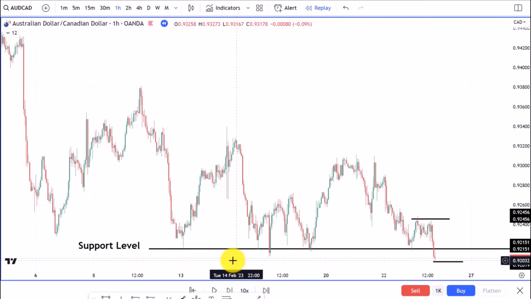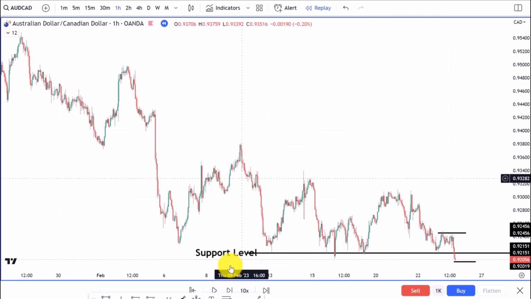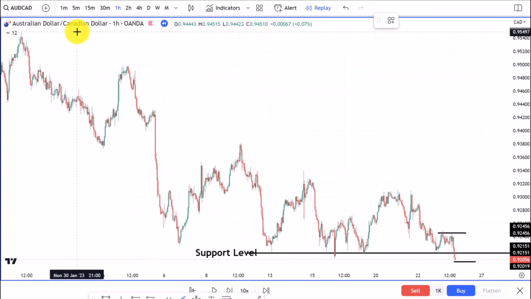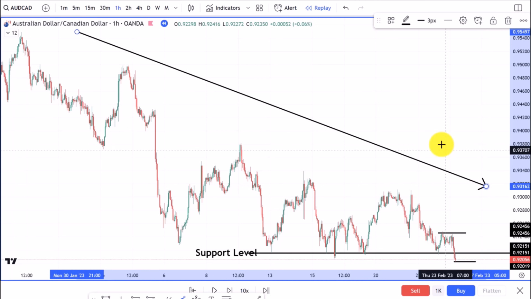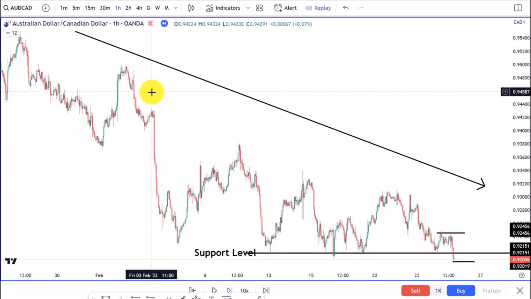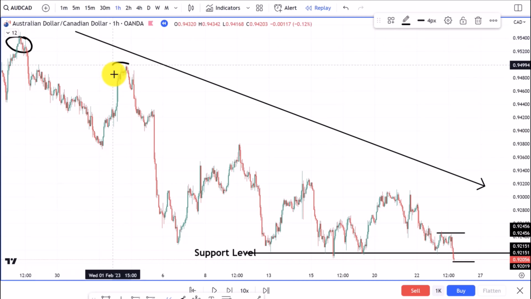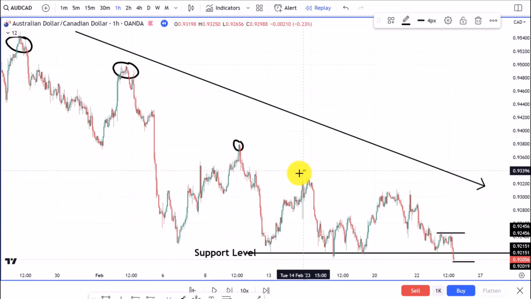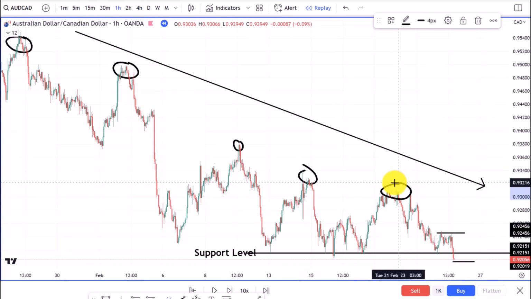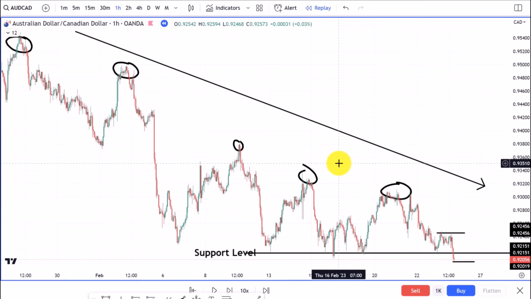trading. And here we're looking at an established support level. This level has been tested multiple times. And besides the support level, what else can we see is that the market has been in an overall downtrend. That's really, really important to understand when you zoom out to see: is the market moving up? Is it moving down? Or is it going sideways? And here we can clearly see that the market is making lower highs. This sets the tone for our price analysis because it makes bearish continuations a little bit more likely than bullish